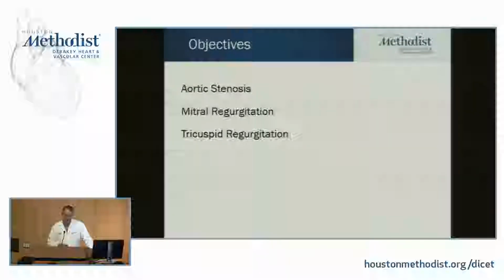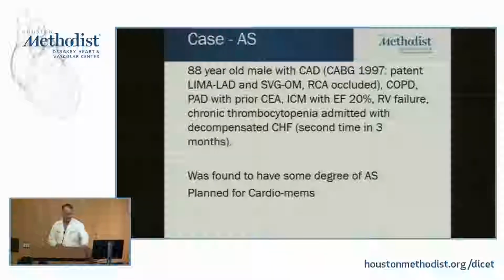through a few cases. And finally, highlight the new kid on the block that we have some options for treating, and that's tricuspid regurgitation, primarily being treated percutaneous rather than surgically. So here's an 88-year-old gentleman that was actually referred to us from our heart failure colleagues who had coronary artery disease, bad lung disease, vascular disease, an ejection fraction of 20%, RV failure, thrombocytopenia, and had multiple recent admissions with